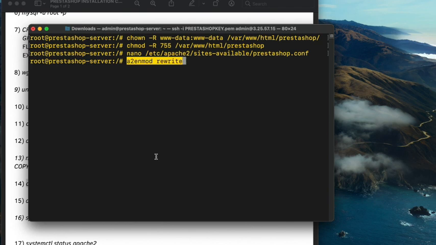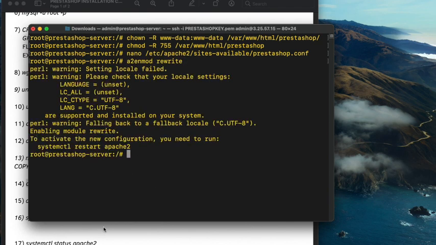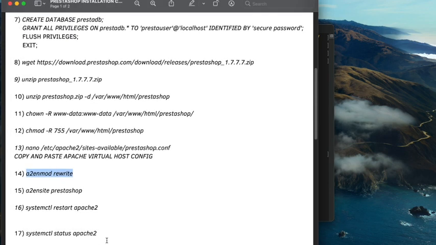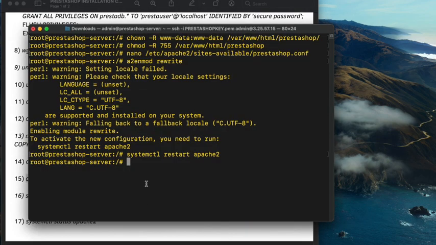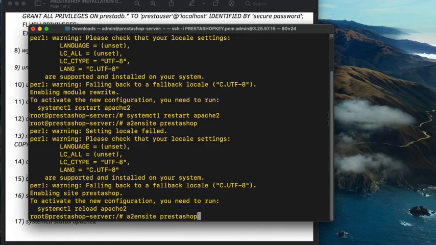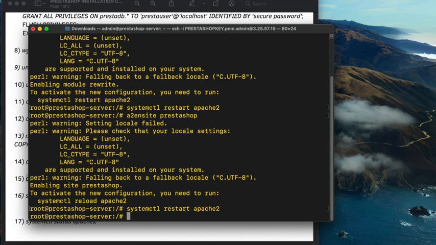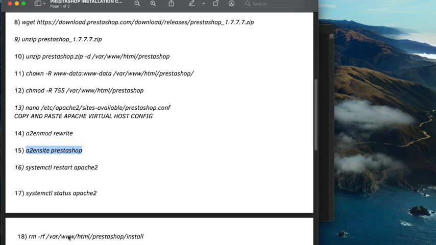And then we're going to activate the rewrite configuration, and then we're going to restart the Apache system service. So just paste that in, and then we actually need to tell Apache of the existence of the Prestashop virtual host configuration file. So just run the command a2ensite prestashop. So we've just told Apache of the existence of that site,